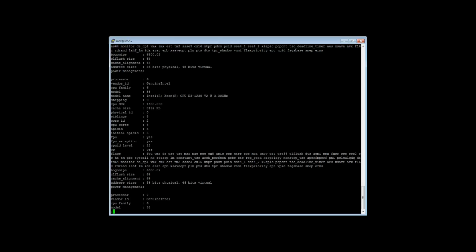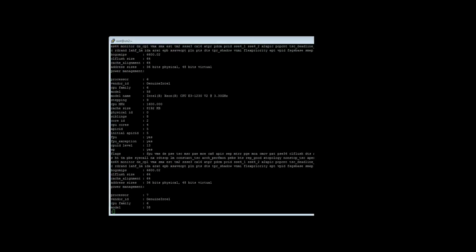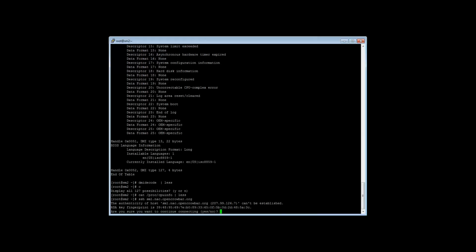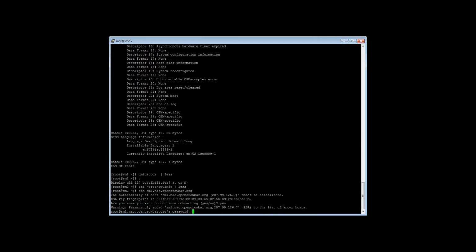This is box number 2, actually, of the 3. So this would be hostname SM2.NAC.OpenCrowbar.org. SM1.NAC.OpenCrowbar.org is not the same model. See if I can get there. DNS has been updated. Excellent.